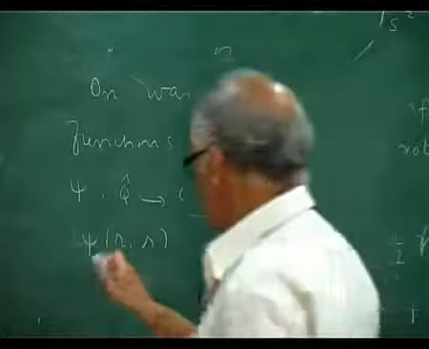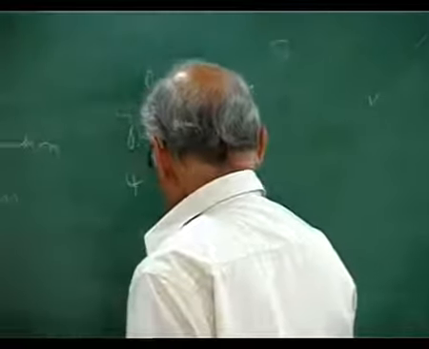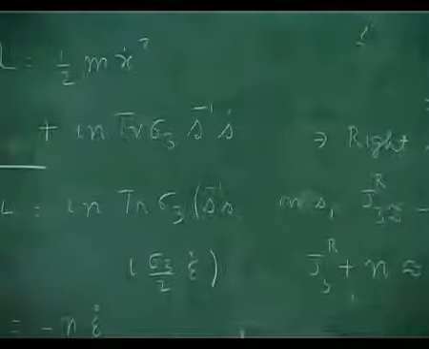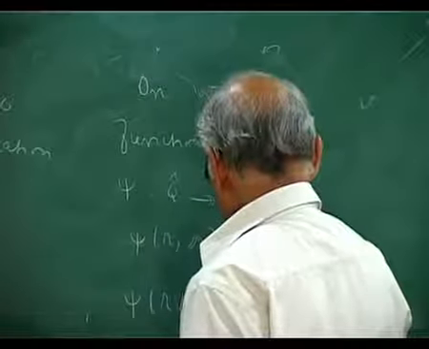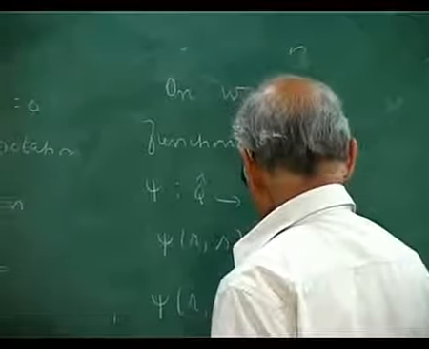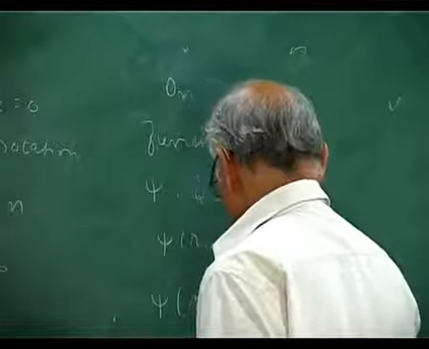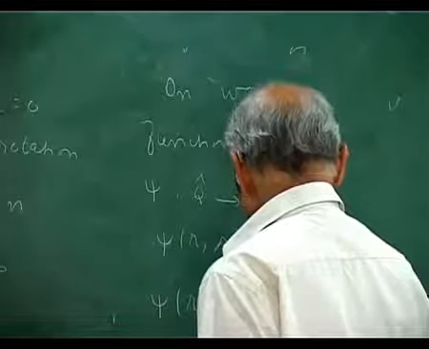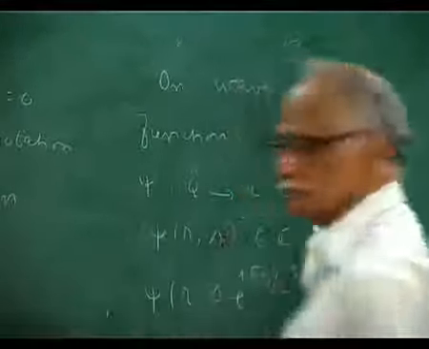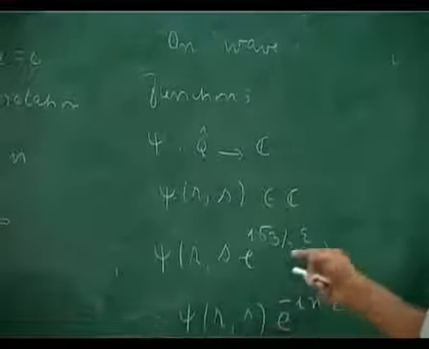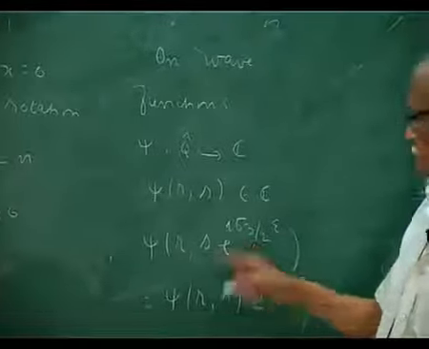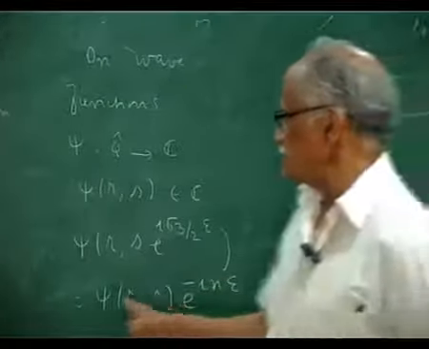What this is saying is that when I act on the right, psi of r s, if I rotate here, I have rotated s. If I rotate this times exponential i sigma 3 over 2 times some epsilon, this will come out as psi of r s times exponential minus i n epsilon. This is acting on the right, this is angular momentum in the spin half representation, and I get minus n because of this equation here.